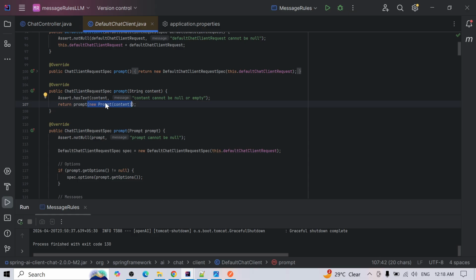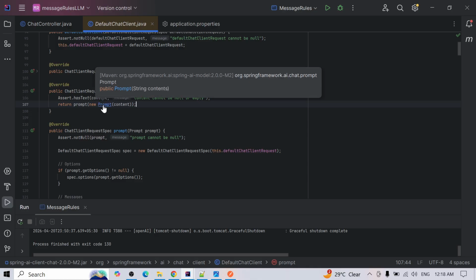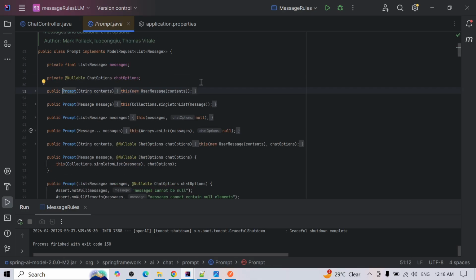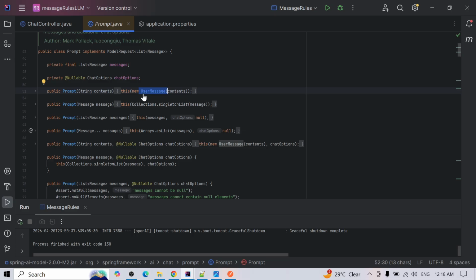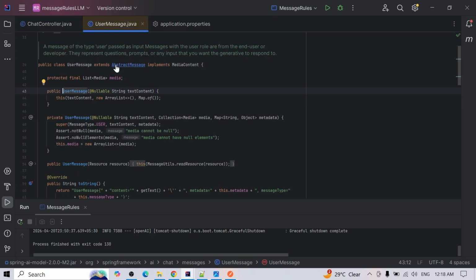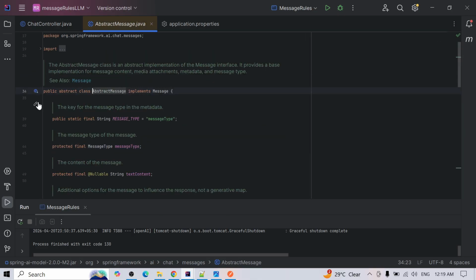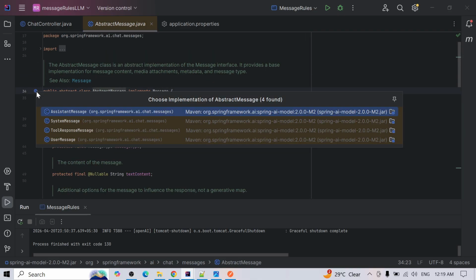of the Prompt class. And if you go further inside the flow, click on Prompt, you can clearly see that this message is being treated as a user message. So now if you open the related message hierarchy, you'll see UserMessage extends AbstractMessage. And if you look at the implementation of this,